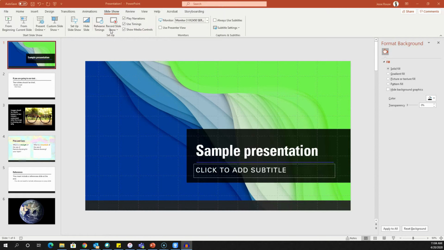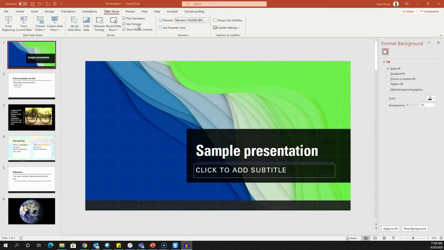And whenever you record a slideshow, if you're on a laptop with a microphone, if you're on a desktop with a microphone attached to it, if you're on your mobile device, tablet or phone, that of course have microphones on them, whenever you record the slideshow, it's going to record the audio as well. So whenever you go through, it's going to create narrations and timing, basically pull the timing that you're using as